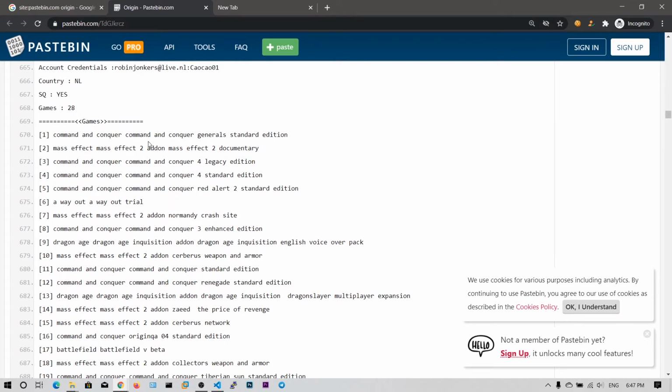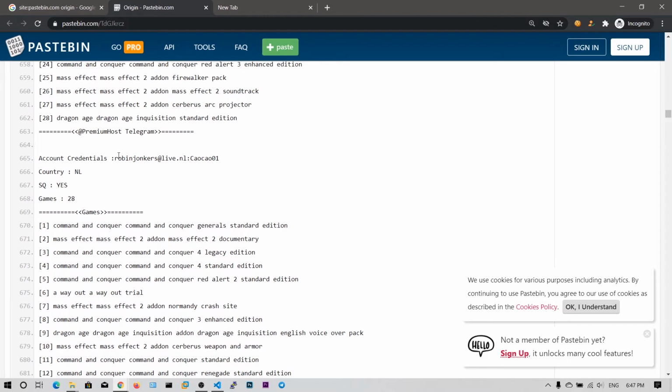Honestly, I will tell you the truth. These accounts are like, two accounts work for every five accounts. So if you keep trying these usernames and passwords, at least two accounts in 5 or 10 accounts will work, guaranteed.